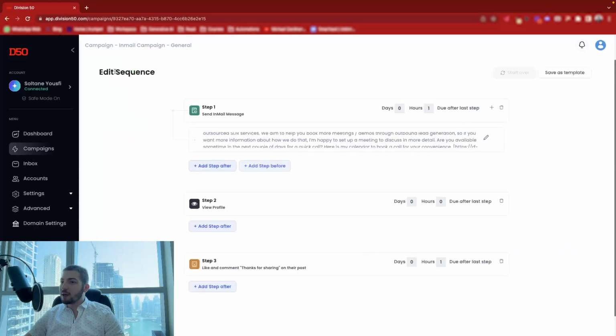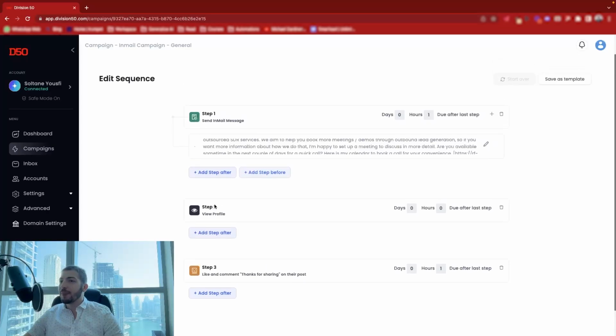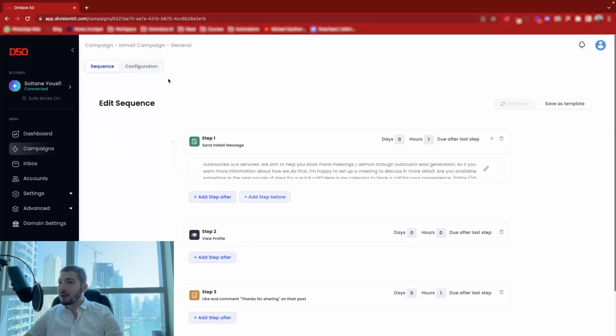Now, going back to the same campaign, we can add a list of different actions like viewing the profile of the prospect. As we all know, we are notified on LinkedIn whenever someone goes on your profile. So it's a good way to nudge the individual and grab their attention. Another step here, which you can see, is like and comment on one of their most recent posts. And you can include exactly the comment that you would like to mention, which is here: Thanks for sharing. You can add different steps, but for the sake of the demo, let's just go back to